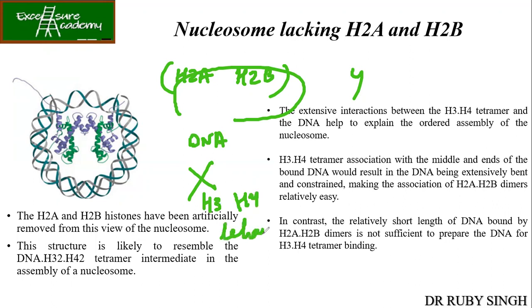tetramer. ओके, सो इससे हमें समझ में क्या आता है, that for the nucleosome assembly there is an ordered pattern, एंड अगर वो पैटर्न बिगड़ता है तो न्यूक्लियोसोम नहीं बनेगा. ठीक है, सो डीएनए won't be able to wrap around this nucleosome. सो what is the pattern now, पहला H3H4 टेट्रामर आएगा, उसके ऊपर डीएनए आएगा, and then finally it is going to make association with the H2A H2B dimers.